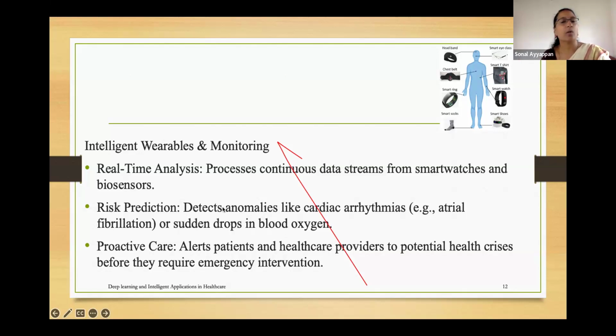The internet is all around, IoT is all around, and all these things can be communicated within no time. So again, wearable devices and monitoring also come in, and that is also done using deep learning. In our project, deep learning was not used. It didn't need any deep learning. It just needed a small machine learning method to analyze the blood sugar. Previously taken blood sugar levels were analyzed, and it was predicted whether in the next 24 hours the blood sugar would shoot up, remain stable, or go down.